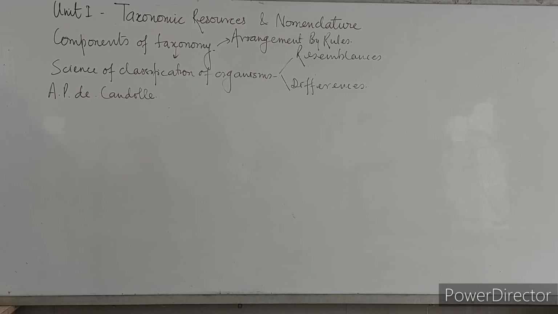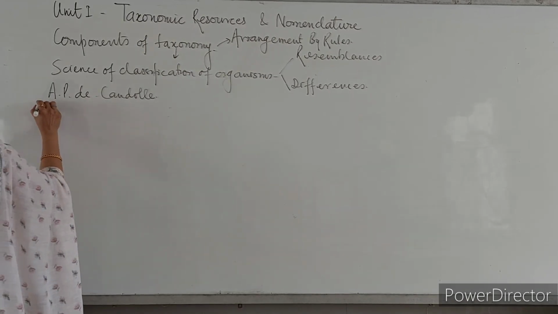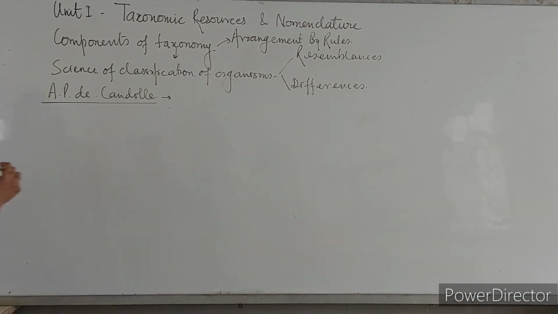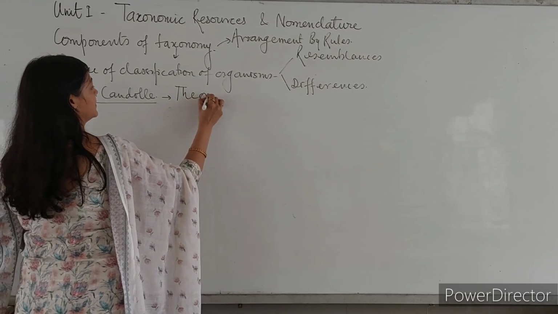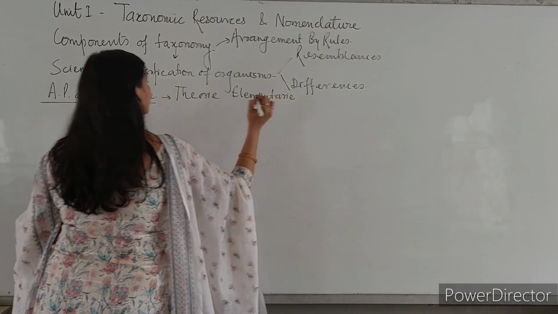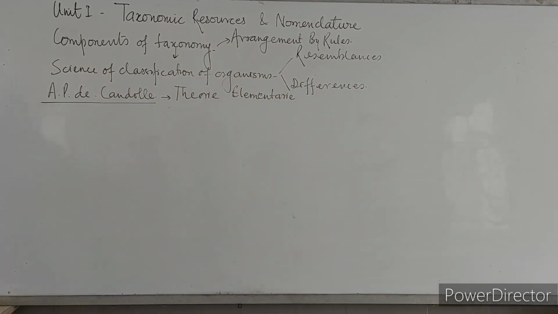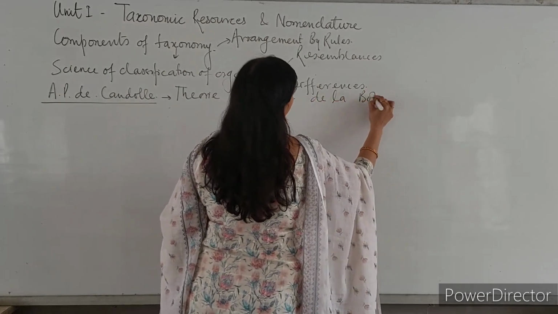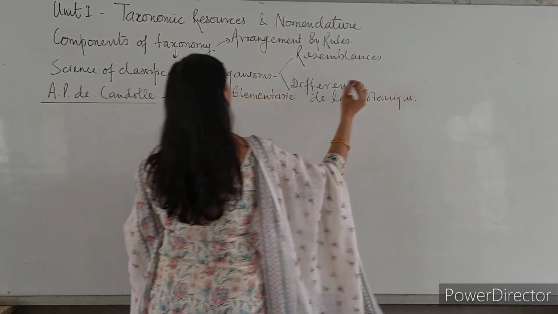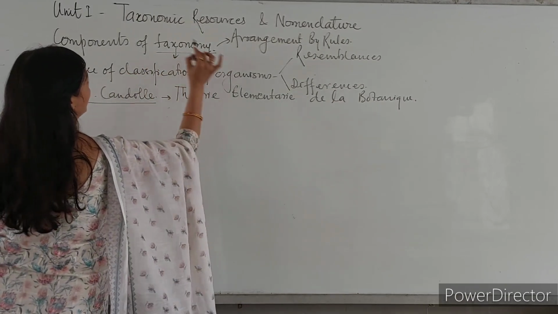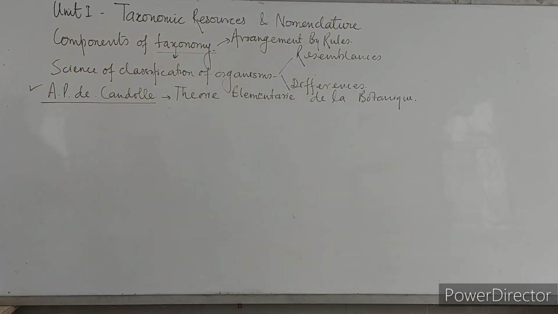Now, a book was written by A.P.D. Candolle and the name of the book was Théorie Élémentaire de la Botanique. This was the name of the book, and in this book he explained the taxonomy. Now come to the